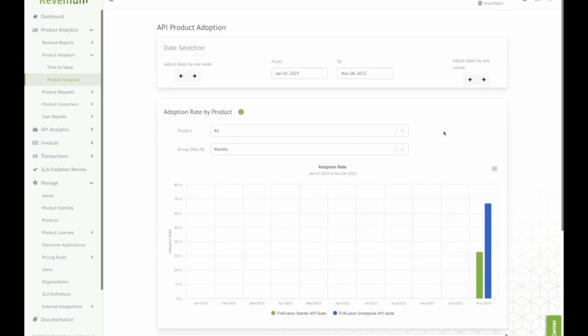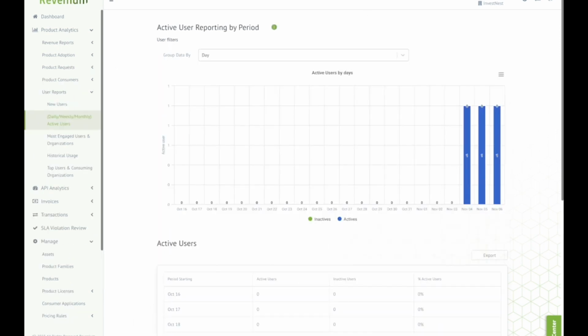Next, we can look at API product adoption from a slightly different perspective, which is how many of the credentials we hand out actually end up being used. The last page was how long does it take for them to be used, and this is the percentage of those that are used. This is also useful for product managers who are trying to optimize conversions from credentials that are granted.